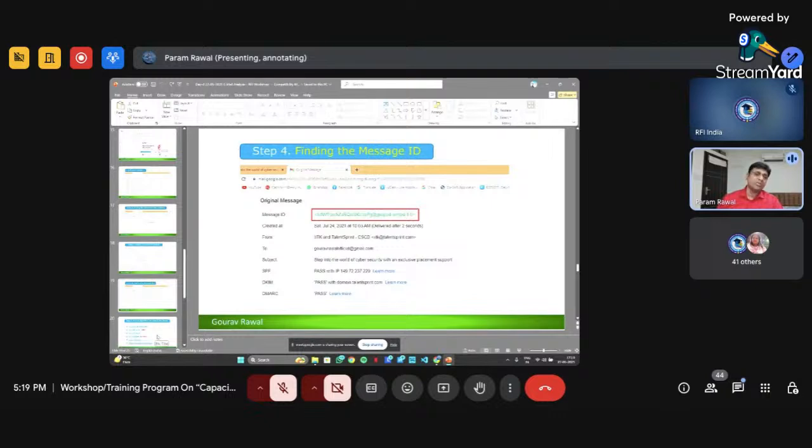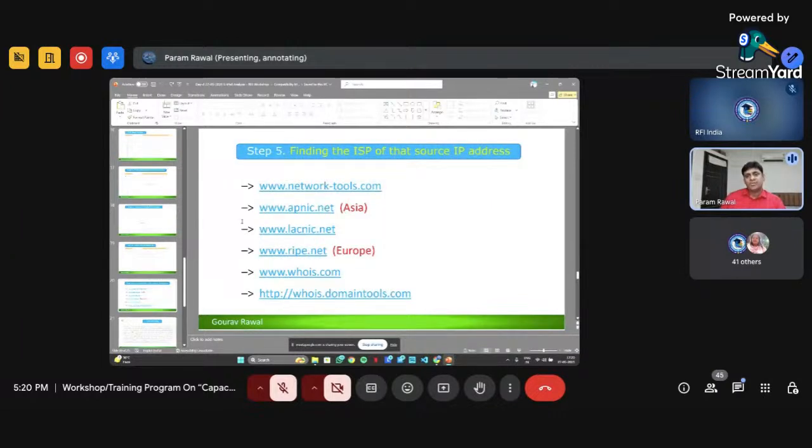In the police training college and other law enforcement agencies, I demonstrate a little more deeply, because it is part and parcel of their syllabi, how to investigate cyber crime and trace this kind of thing. But for you, this is more than enough to get an idea about how the header is read and what different information is available in the header.